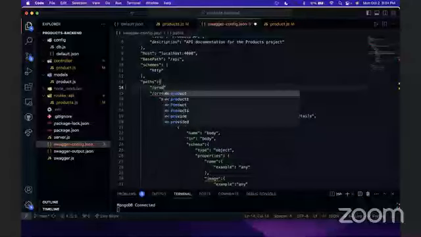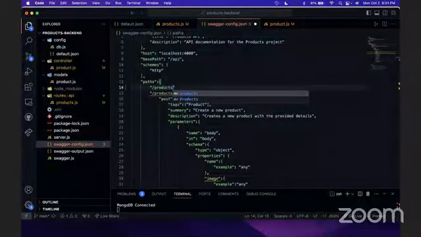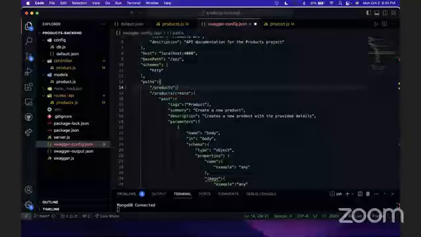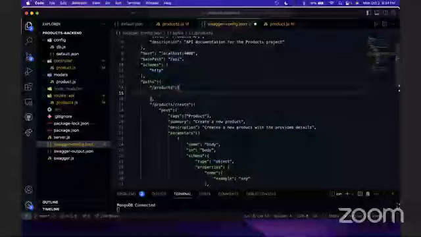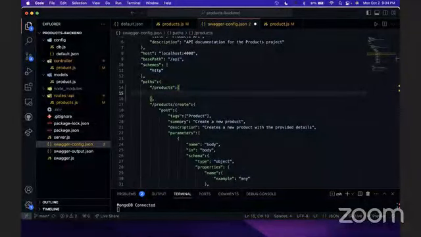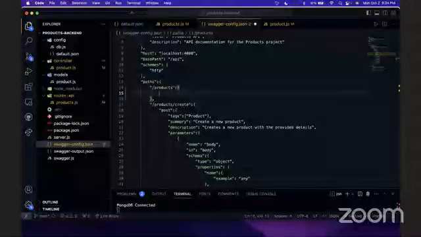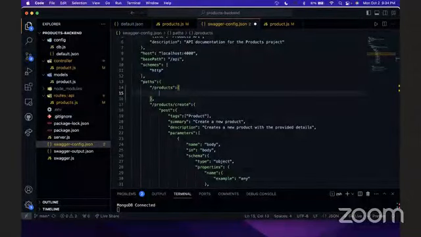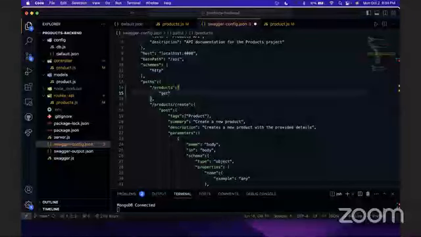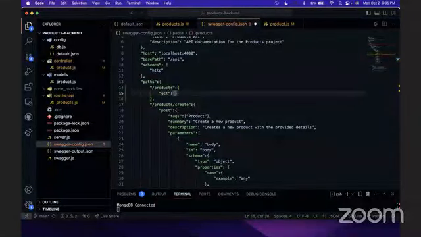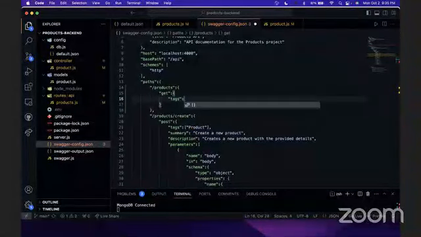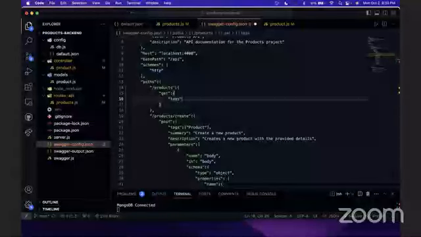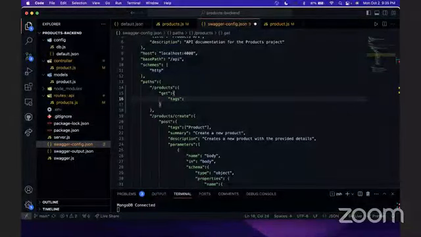So do products, and then put the comma here, and now this is a get. So we are defining the method. Yes. Then we are defining the tags. And